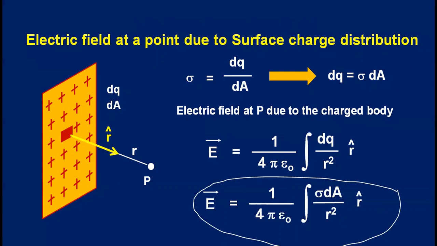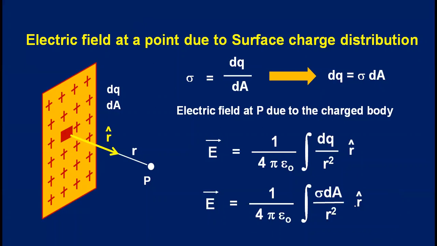So E vector is equal to the constant K, 1 by 4 pi epsilon naught, times integral sigma dA divided by r square into r cap. So I hope you would have understood how to find electric field during linear charge distribution and surface charge distribution. Now lastly,